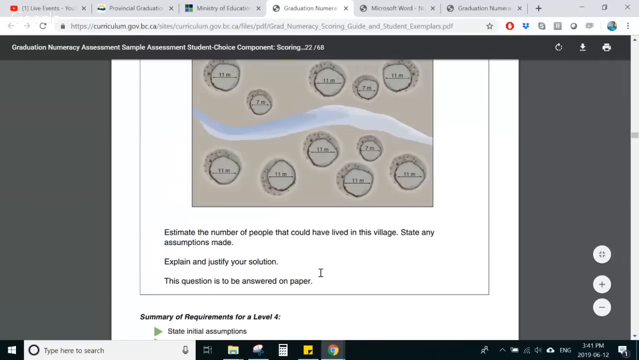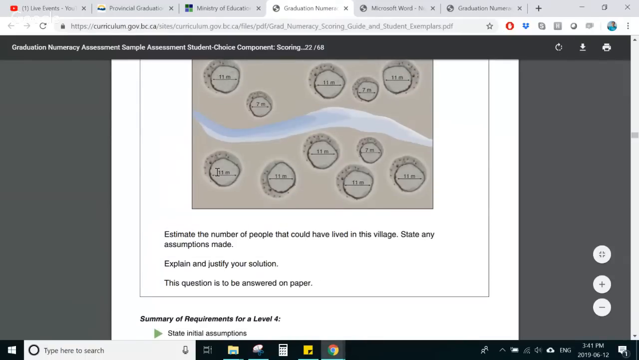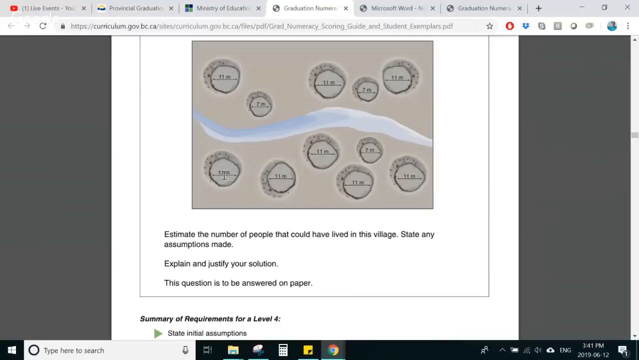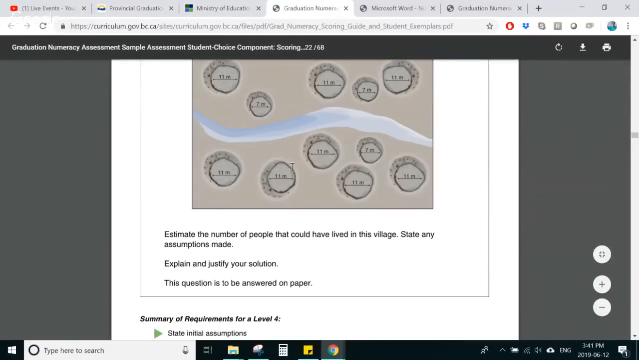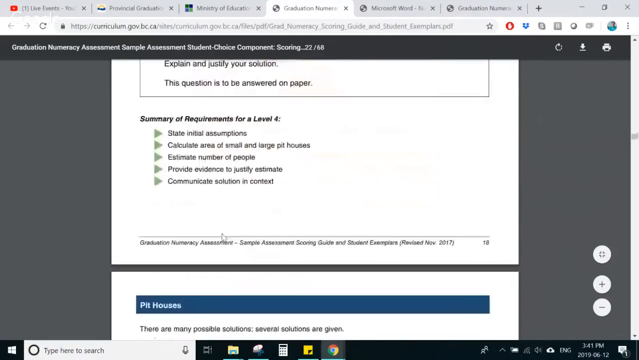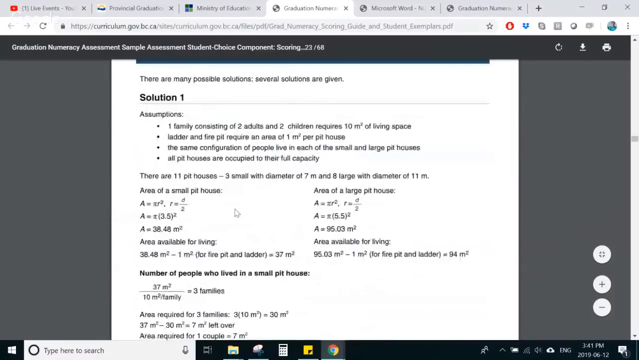provide evidence to justify the estimate. You might have broken this down by individual pit house. You might have said, for an 11 meter diameter, there's approximately this many people living in that pit house. And then you would go, okay, how many 11 meter diameter pit houses do I have? 1, 2, 3, 4, 5, 6, 7, 8. I'm going to multiply by 8 11 meter diameter pit houses. Or you might have taken the total area of all the pit houses combined and then divided it by an area. Either way is a correct way of coming to a solution,